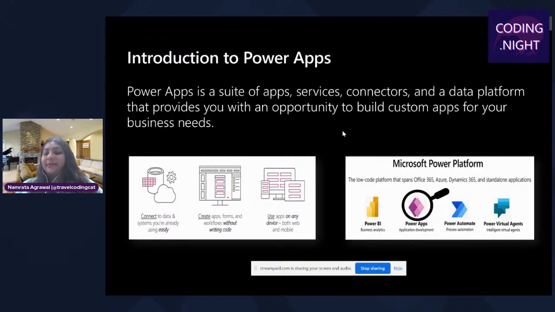Next is Power Automate. It automates your workflows based on the data you have given. The next is Power Virtual Agents. It's a chatbot provided by Microsoft, and you can train it with as much data as you want, and it can apply reinforcement learning to learn from the data and respond. And of course, you can use OpenAI services with this chatbot, and I think it's the best combination of services you can imagine right now.